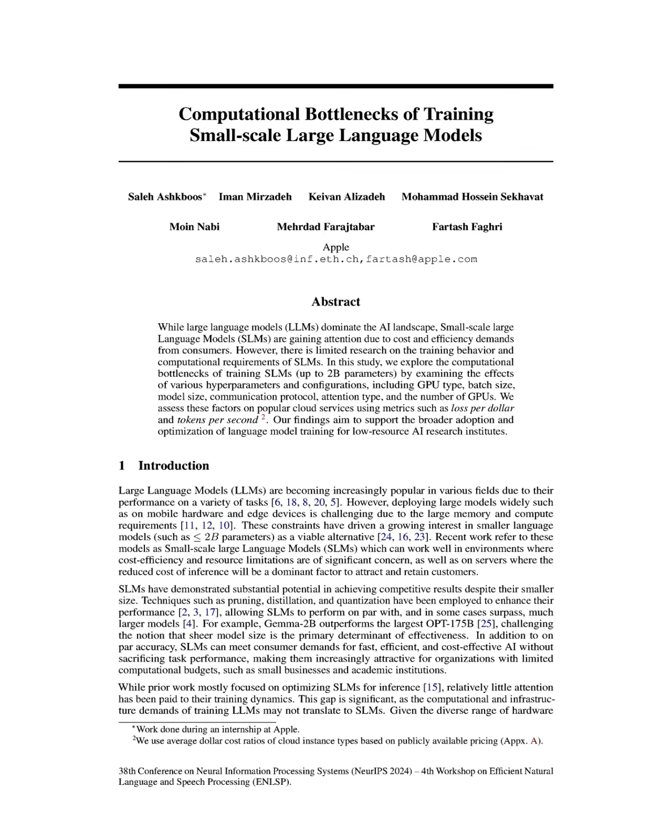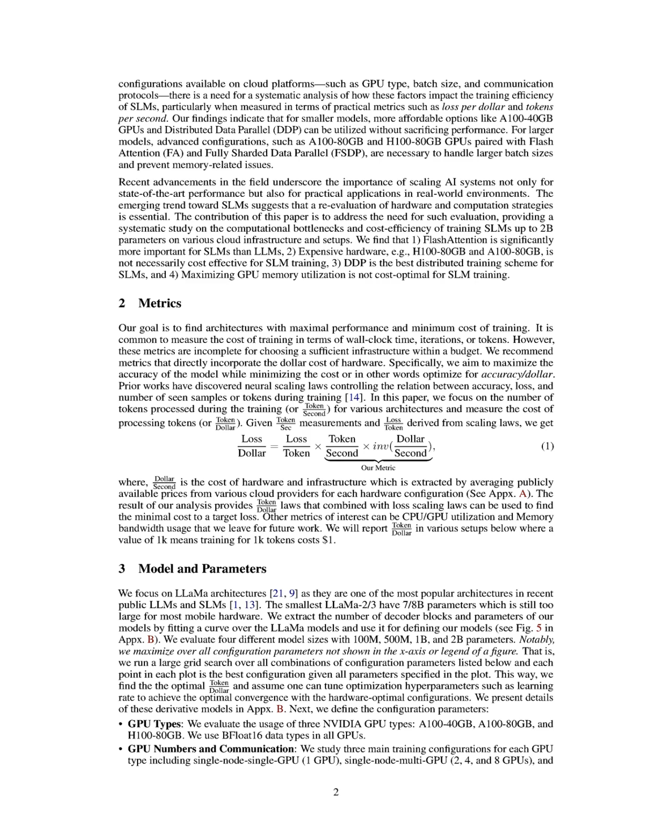The proposed method for analyzing and optimizing the training of small-scale large language models, SLMs, involves a systematic evaluation of various hardware configurations and training strategies. First, the study identifies key metrics such as loss per dollar and tokens per second to assess training efficiency. It employs a grid search over different configurations, including GPU types, A100-40 GB, A100-80 GB, H100-80 GB, and communication schemes, distributed data parallel and fully sharded data parallel, to determine the optimal setup for each model size, 100M, 500M, 1B,